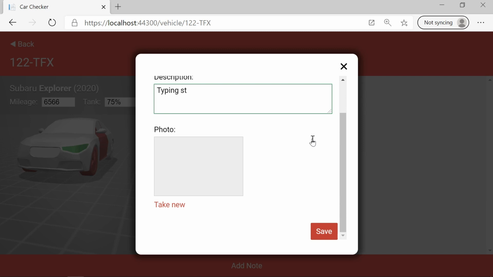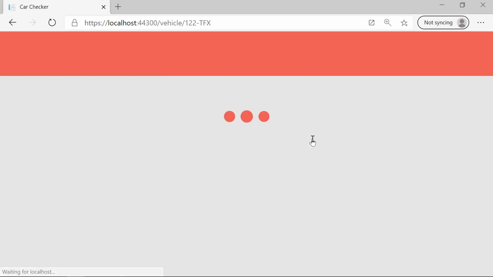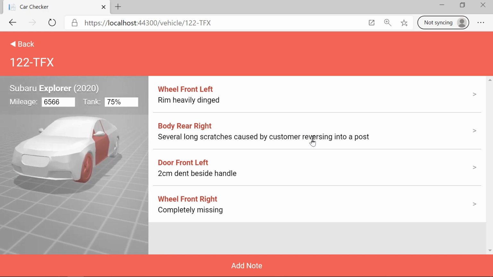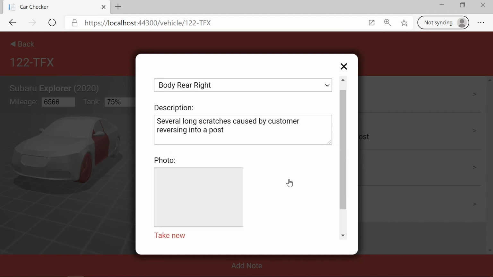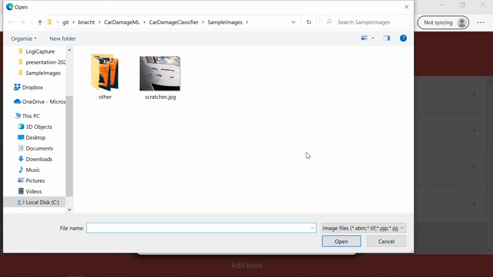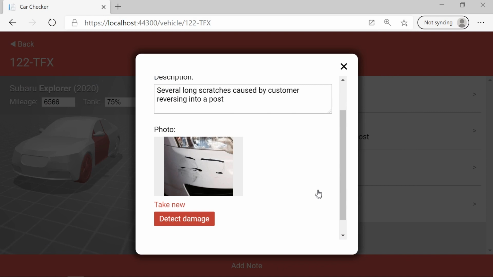So back in the browser, I'm going to hit reload, and when that comes up, I will now be able to hopefully pick a photo. So let's say I want to add a photo of the damage to this body rear right here. I'm going to click on Take New, and that's going to open whatever type of UI the browser wants to show. On a desktop it looks like this, on a mobile it's a bit different. It asks if you want to take a photo or pick an existing one. In this case I'm going to choose a photo that I've already got,